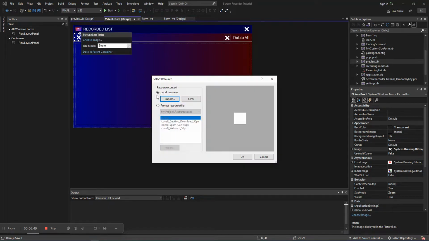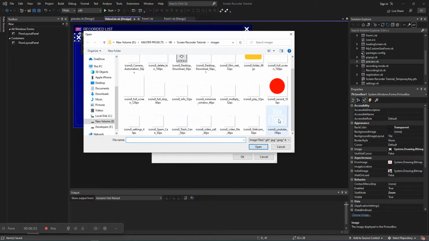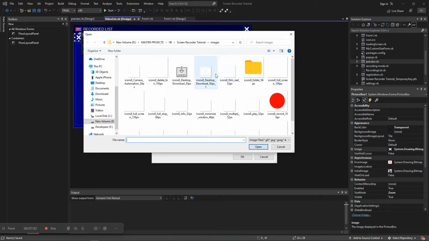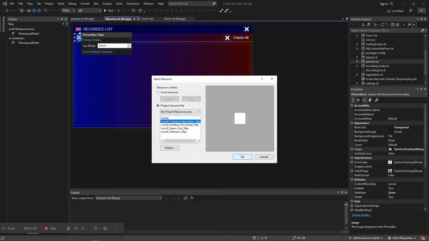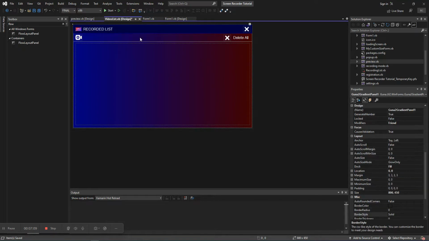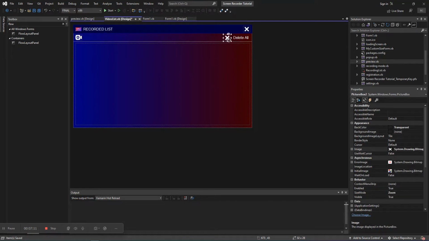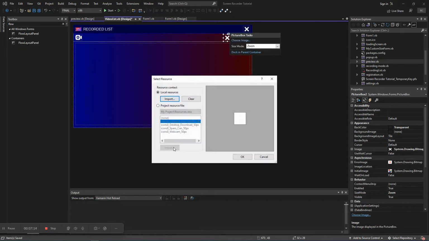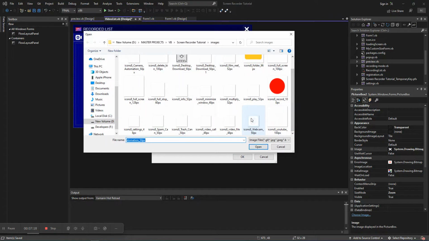So I'm just going to choose the images from my project resource. So come down and you're going to see that record guy. So where is it? So there you go. Perfect, much better. So I have this record guy here, and this delete is going to be the delete guy. So I'm just going to import it. So let's see. So there you go,